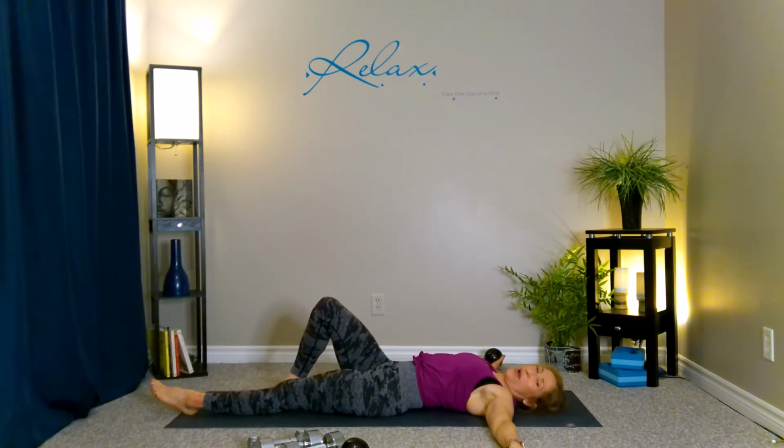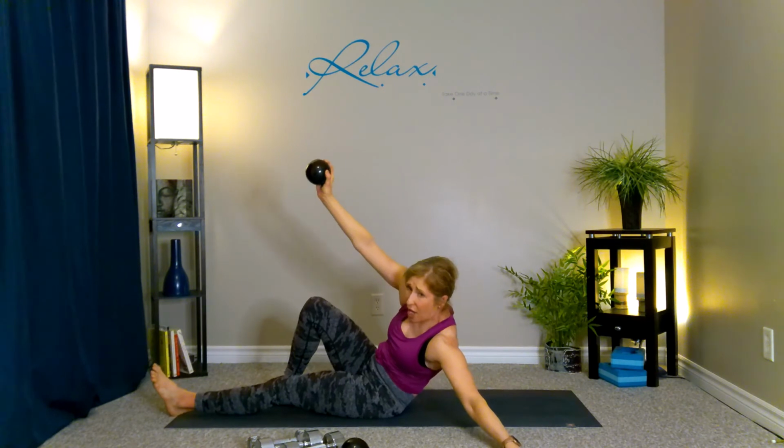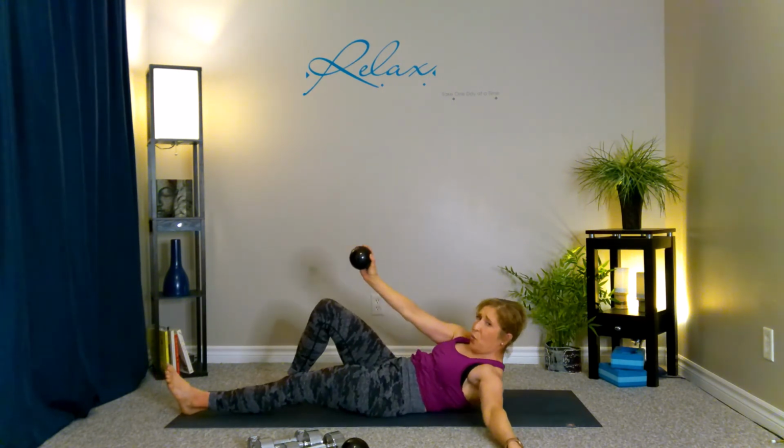Now as we pick up, I'm going to reach for my lighter weight, taking it in the right hand, opening up my left arm, and my right arm is out at the side, so it's kind of like the letter T, only the right arm has the weight in it. I'm going to bend my right leg and place that foot on the floor. From here, I'm going to bring my right weight up and reach across toward the left and roll it back